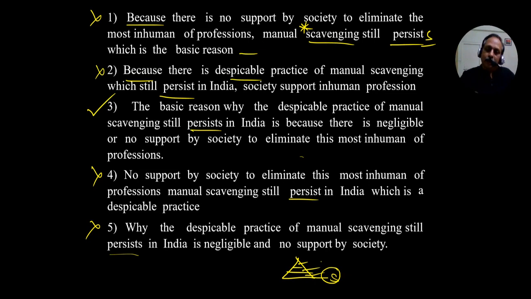In the past, and today also in states like Rajasthan and Gujarat, this practice is there, though officially it has been banned. In the past, we had this profession. What is this profession? Night soil. There is one expression you have to learn, night soil. Night soil means human waste. Every morning, in the past, someone would come and remove the human waste, night soil, from the toilet. Not the modern toilet, the olden days, traditional toilet. And it would be there all the time. These people would come with a bucket and a broomstick. They would clean that night soil, human waste.